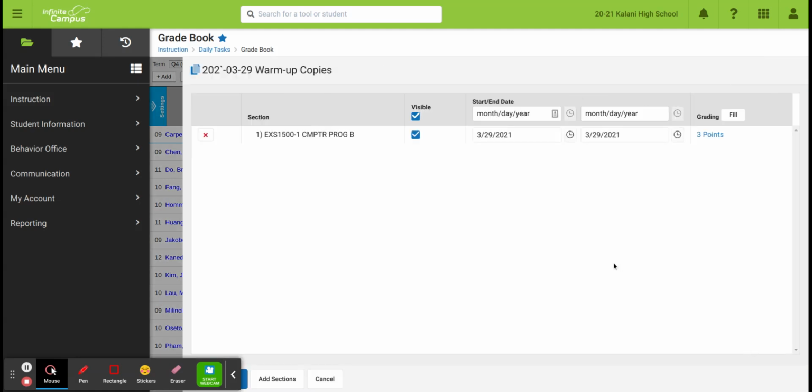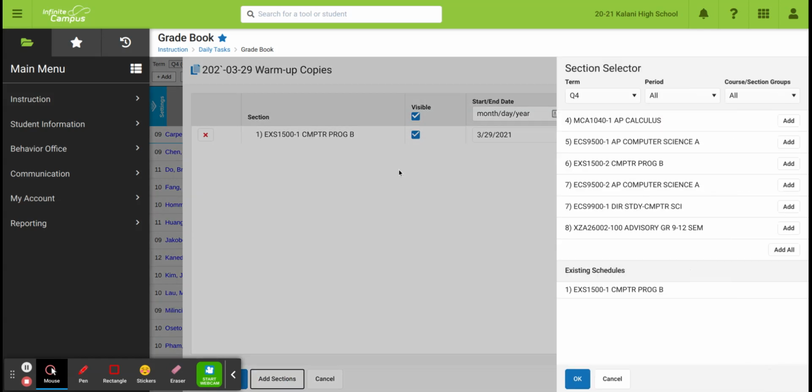This is where you can add multiple sections. If I have several sections of the same class and I want them all to have that same assignment appear and not have to manually go into each section individually and put it in, which is a hassle, you can do that here. So you go down to the bottom, I'm going to add sections,